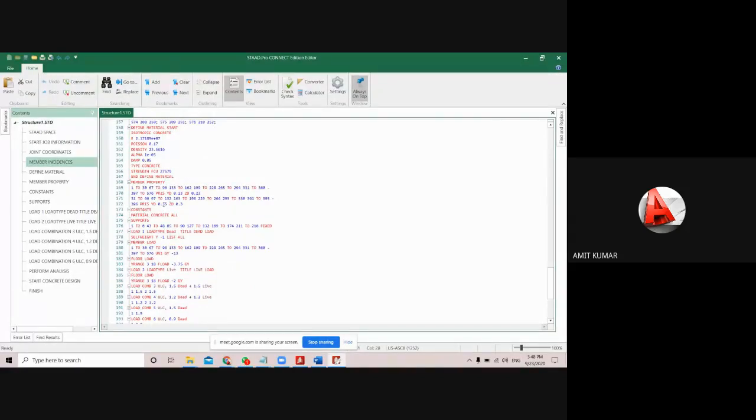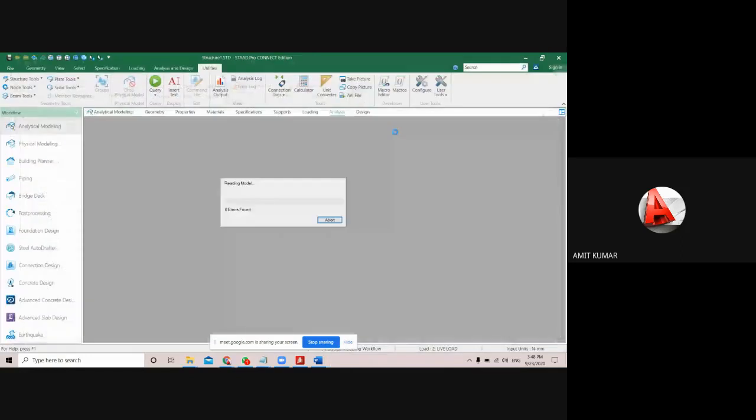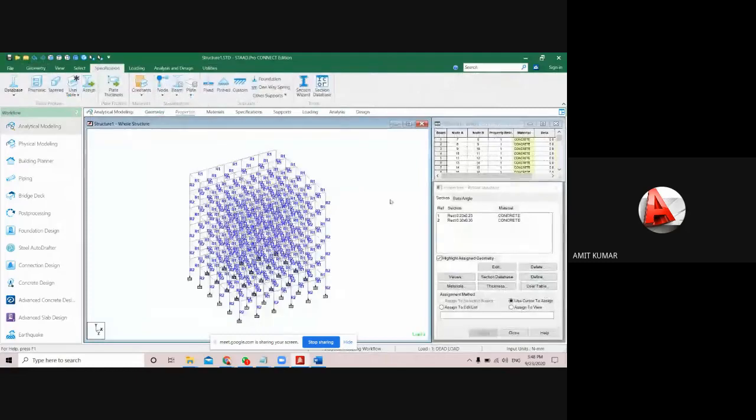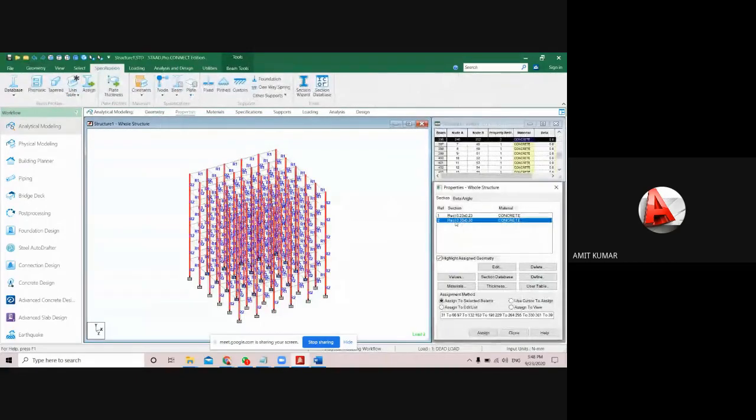Okay, so I just provided the member properties along the YD 0.3, and along the ZD it was 0.3. That means 300 mm by 300 mm. Okay, so you can change the property also from here. If I change the property along the YD again to 0.3 and I press control S. Okay, then I will close it. Now come to the properties. You will see the property for the column has been changed. Again 0.3 by 0.3.